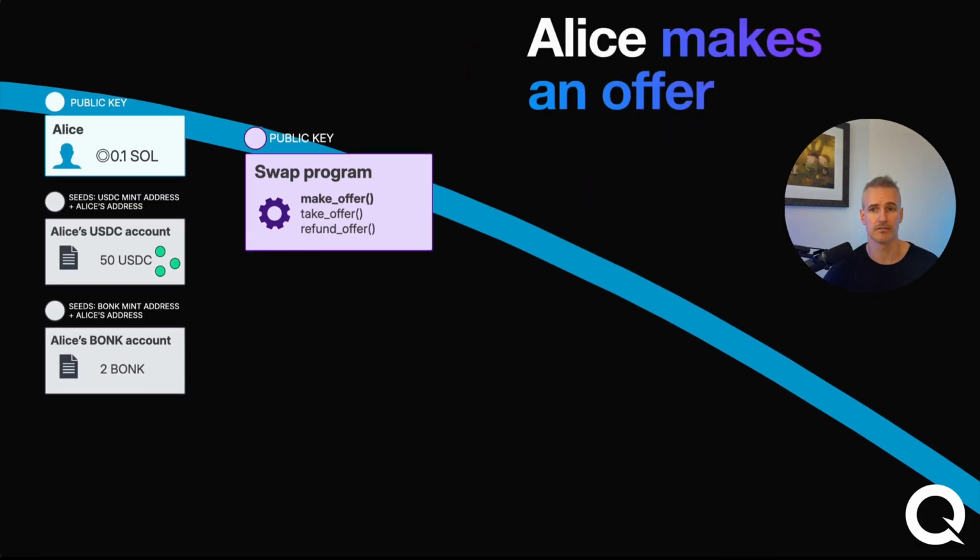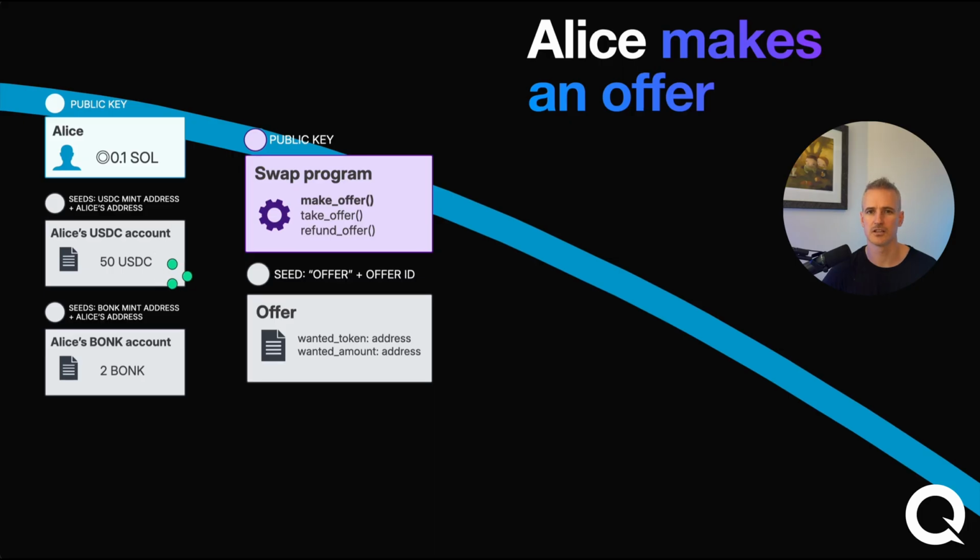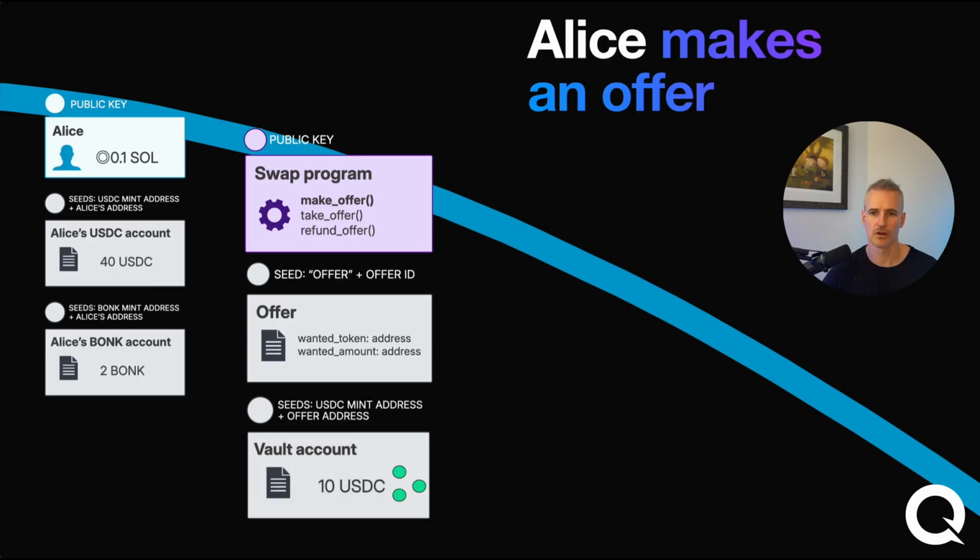So when Alice makes an offer, she runs the make offer instruction handler. And the first thing it's going to do is save details about the tokens Alice wants in return to a data account. As well as saving details about what Alice wants in return, we'll take the tokens from her USDC account and save them in a token account that's owned by our program, with the authority set to Alice's specific